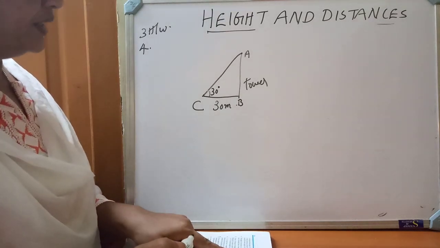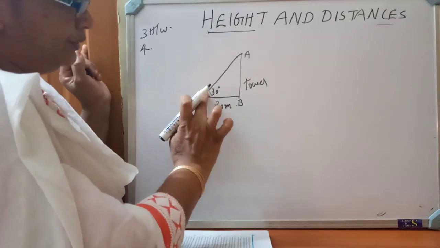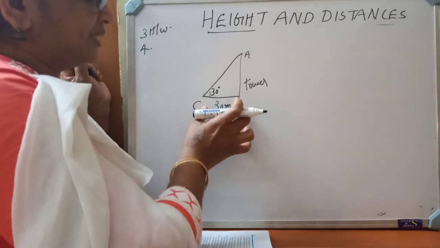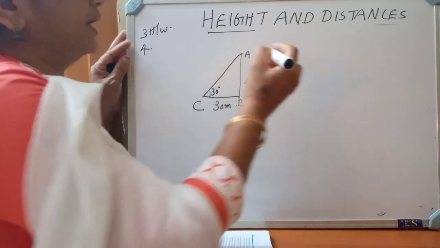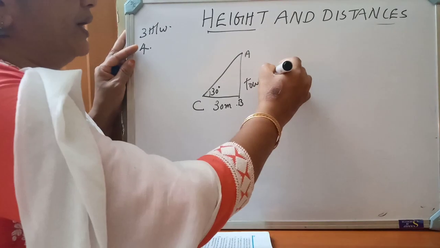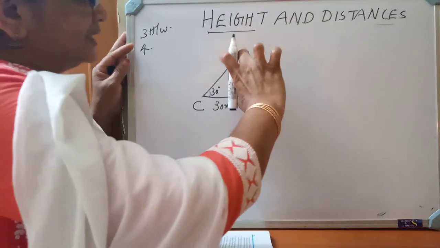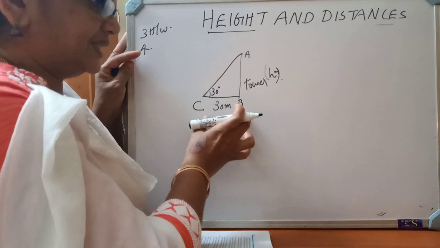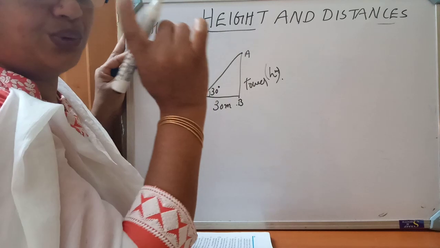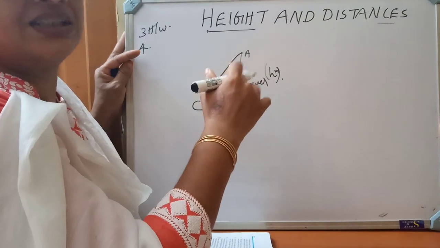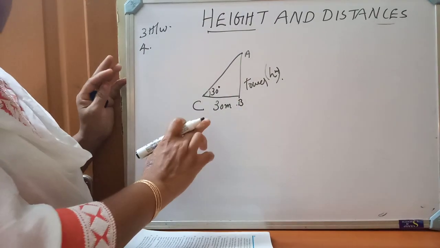They ask you to find the height of the tower. So see that this is our theta value. This is our opposite side. This is our adjacent side. So opposite side measures the height of the tower, I am considering as h meter. Okay. So that only we have to calculate. So based on this theta, this is our opposite side, this is our adjacent side. So which trigonometric ratio can I apply here? Very good. Tan theta. Opposite and adjacent relation is in the tan trigonometric ratio, isn't it? So we have to consider tan 30.